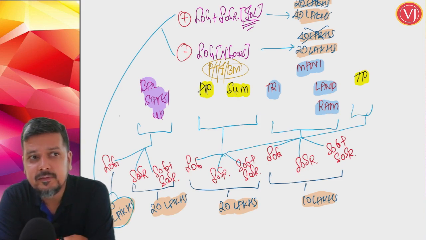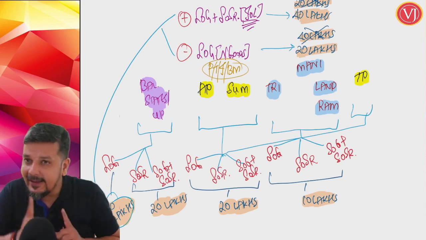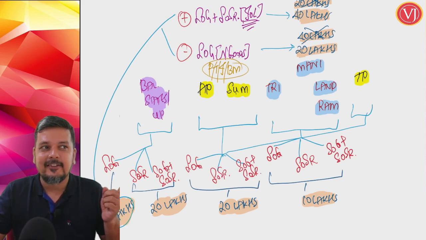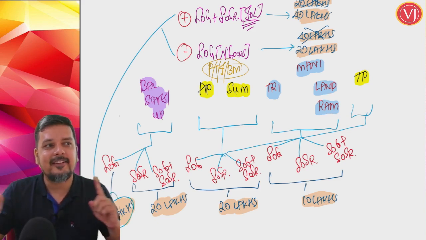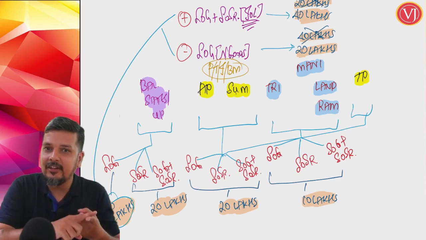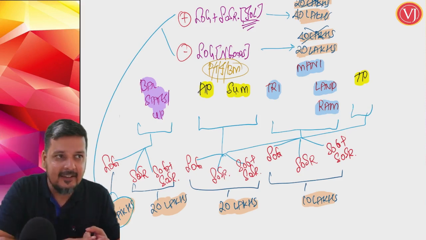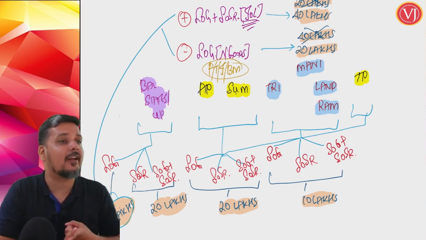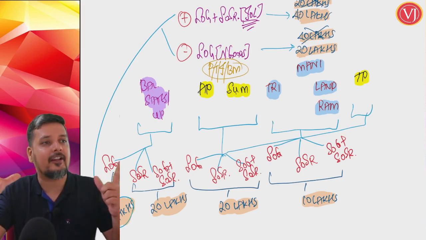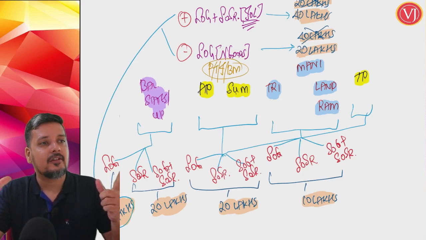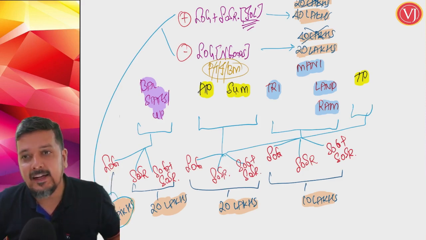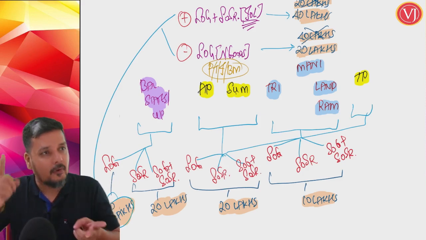Clear? But when you are taking registration, it is not pan-India. It is each state. So checking for registration, pan-India. Taking registration, each state. Checking for registration, pan-India: 40, 20 lakhs, 10 lakhs to check whether you have to get registered or not. When you're seeing the turnover of 40 lakhs, 20 lakhs, 10 lakhs, it is pan-India. You're going to see aggregate turnover. When you have to get registered,